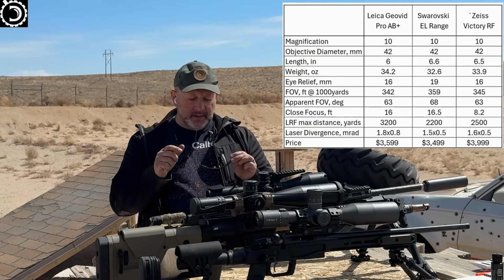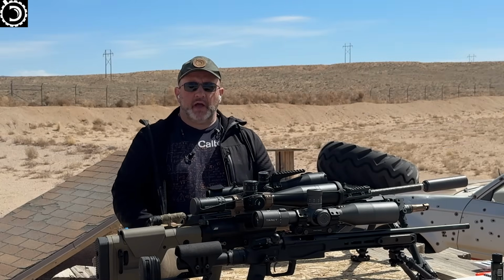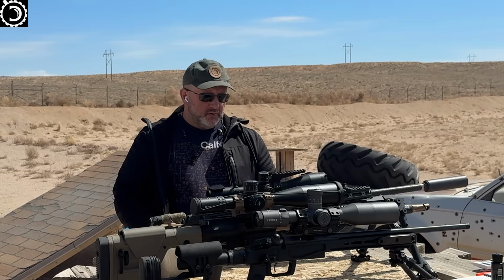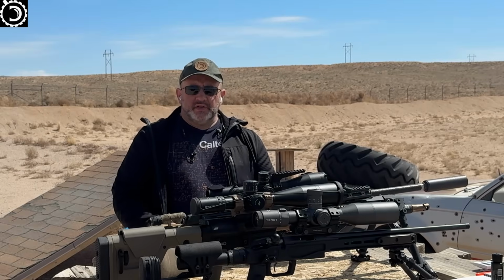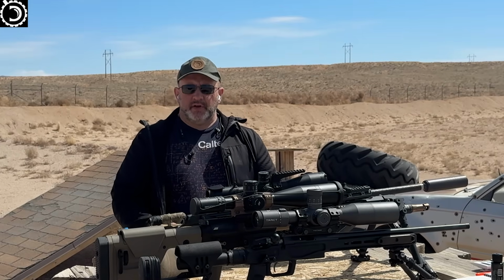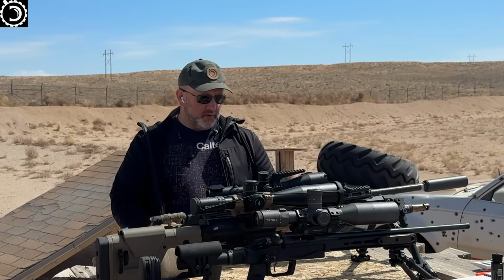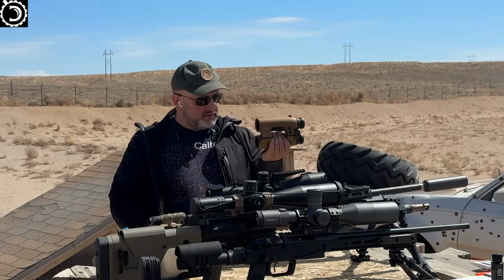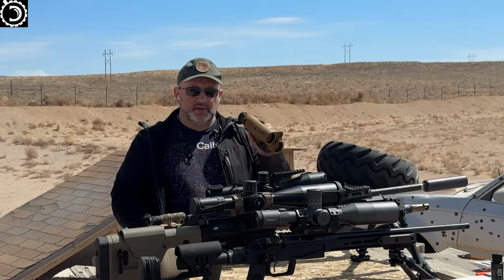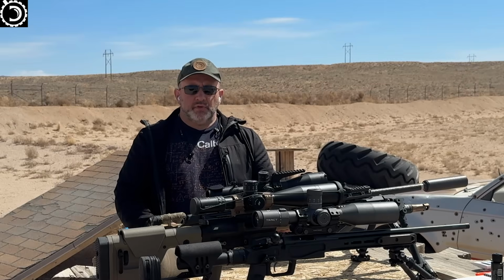That last part is kind of a big deal for the LRF equipped binoculars, because up to relatively recently, up to this last generation, last decade or so, if you wanted a laser rangefinder and a binocular, the image quality was clearly compromised compared to the best non-LRF binoculars out there. And it is still kind of correct, right? So Leica Noctivid, for example, sticking with Leica, in the same magnification, generally has slightly better image quality than the Geovid, but the difference is sufficiently minor that I'm not really